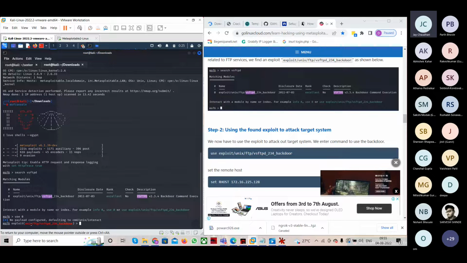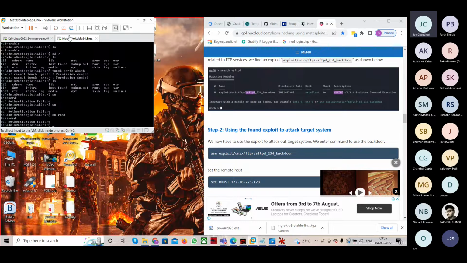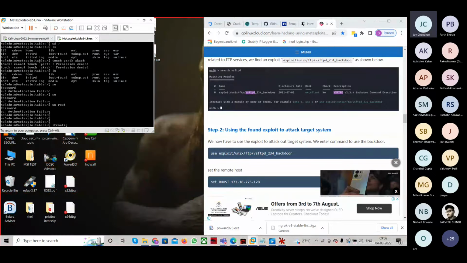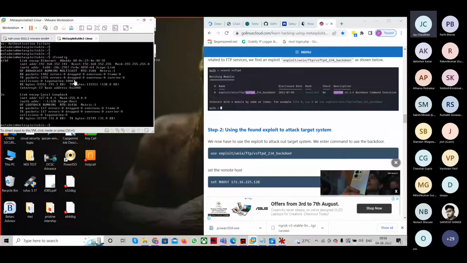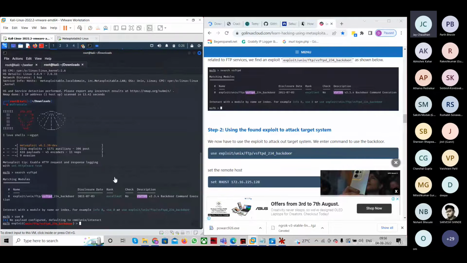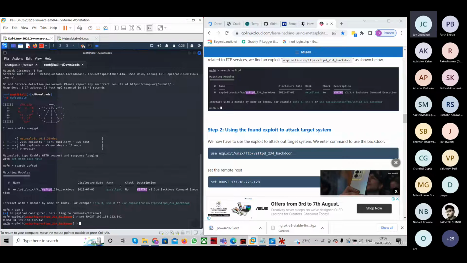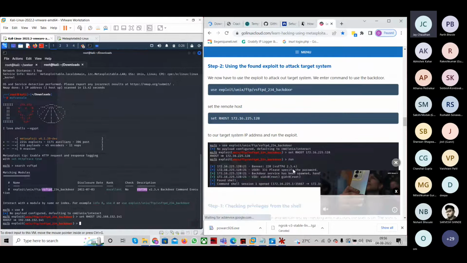ओके, 0 नंबर मैंने यूज कर लिया। इसके बाद मेरे पास ऑप्शंस क्या क्या हैं, मैं देखूँगा। मैं set RHOST कर रहा हूँ, रिमोट होस्ट मीन्स मैं सामने वाली मशीन का IP एड्रेस डाल रहा हूँ। ifconfig करके देखेंगे तो उसका IP 192.168.152.141 है। सो मुझे set RHOST 192.168.152.141 करना पड़ेगा। ओके, यहाँ पे सेट हो गया है।